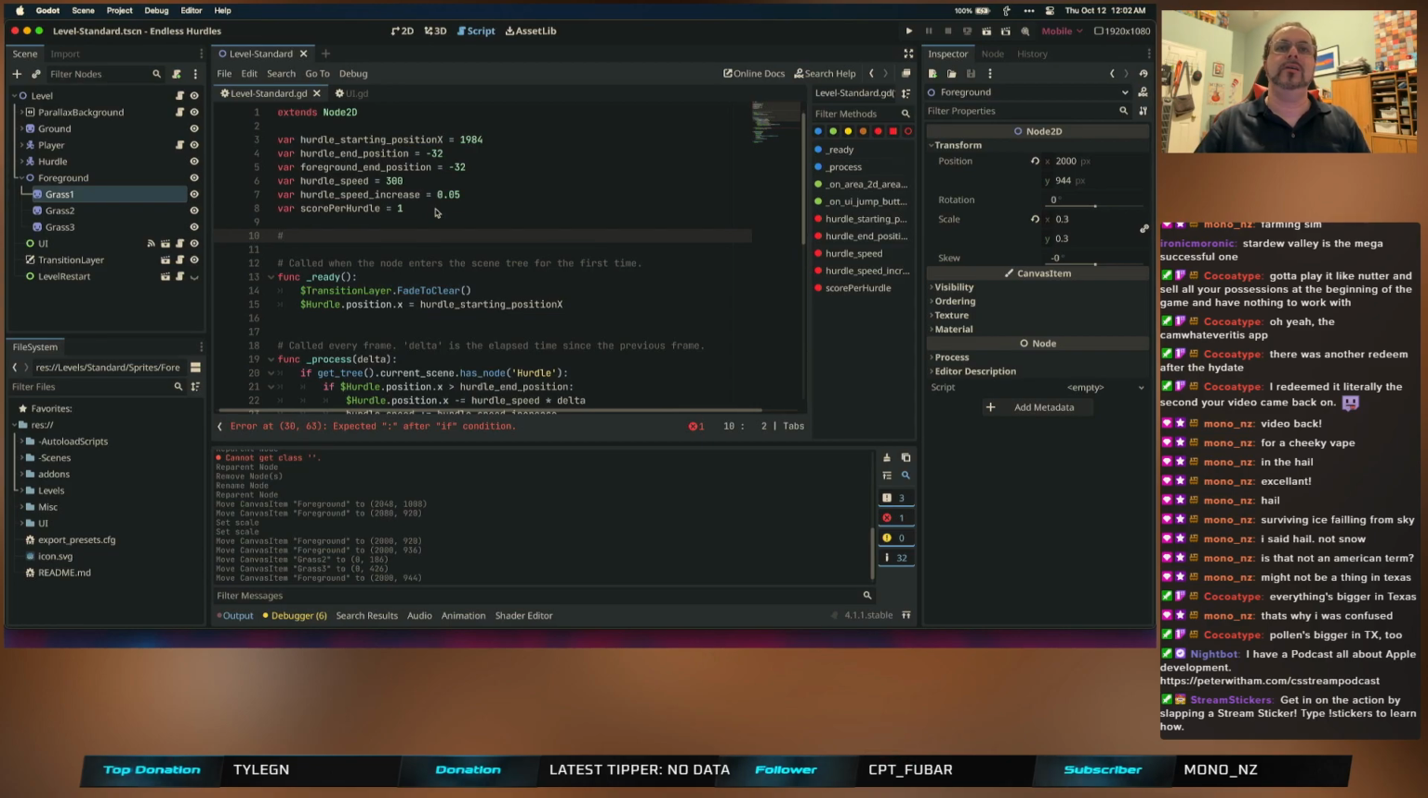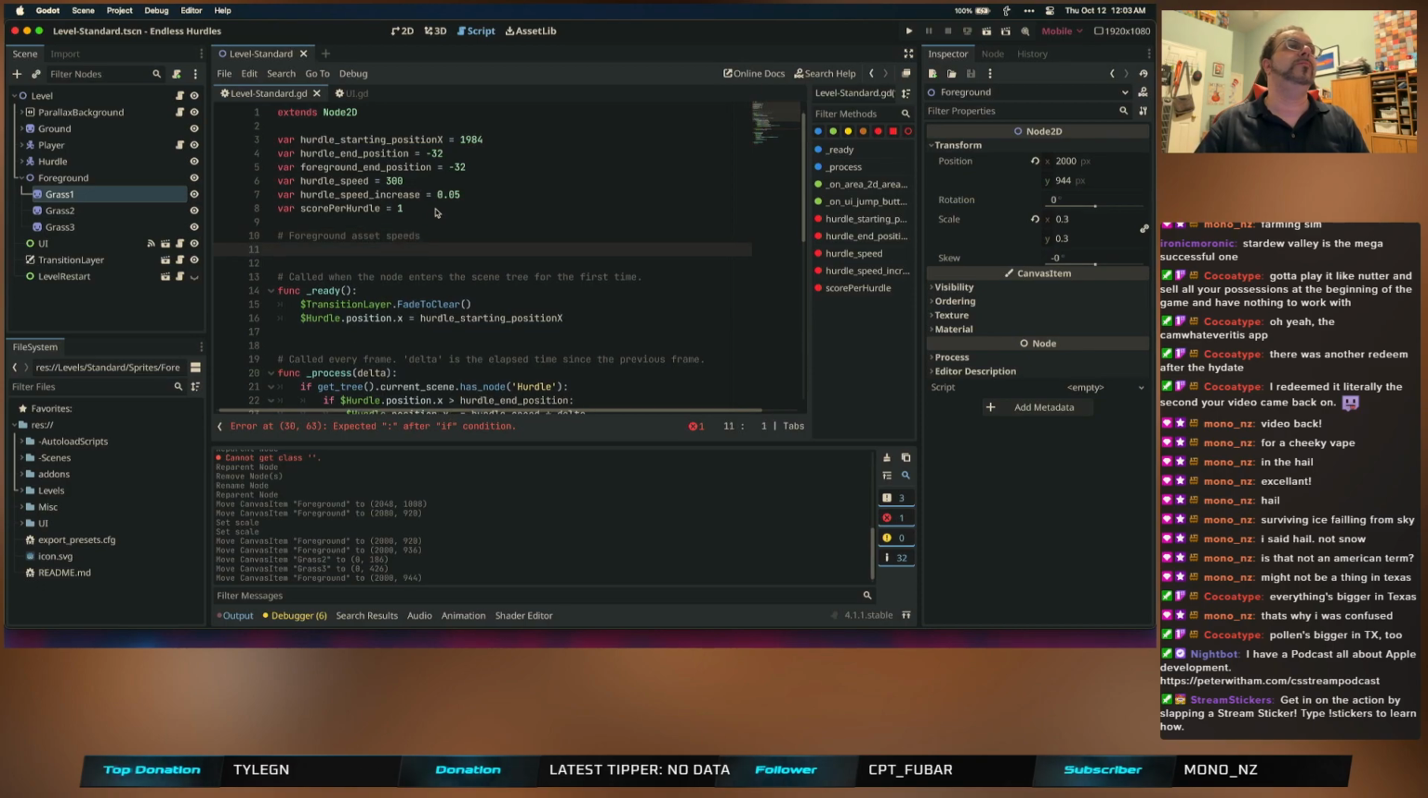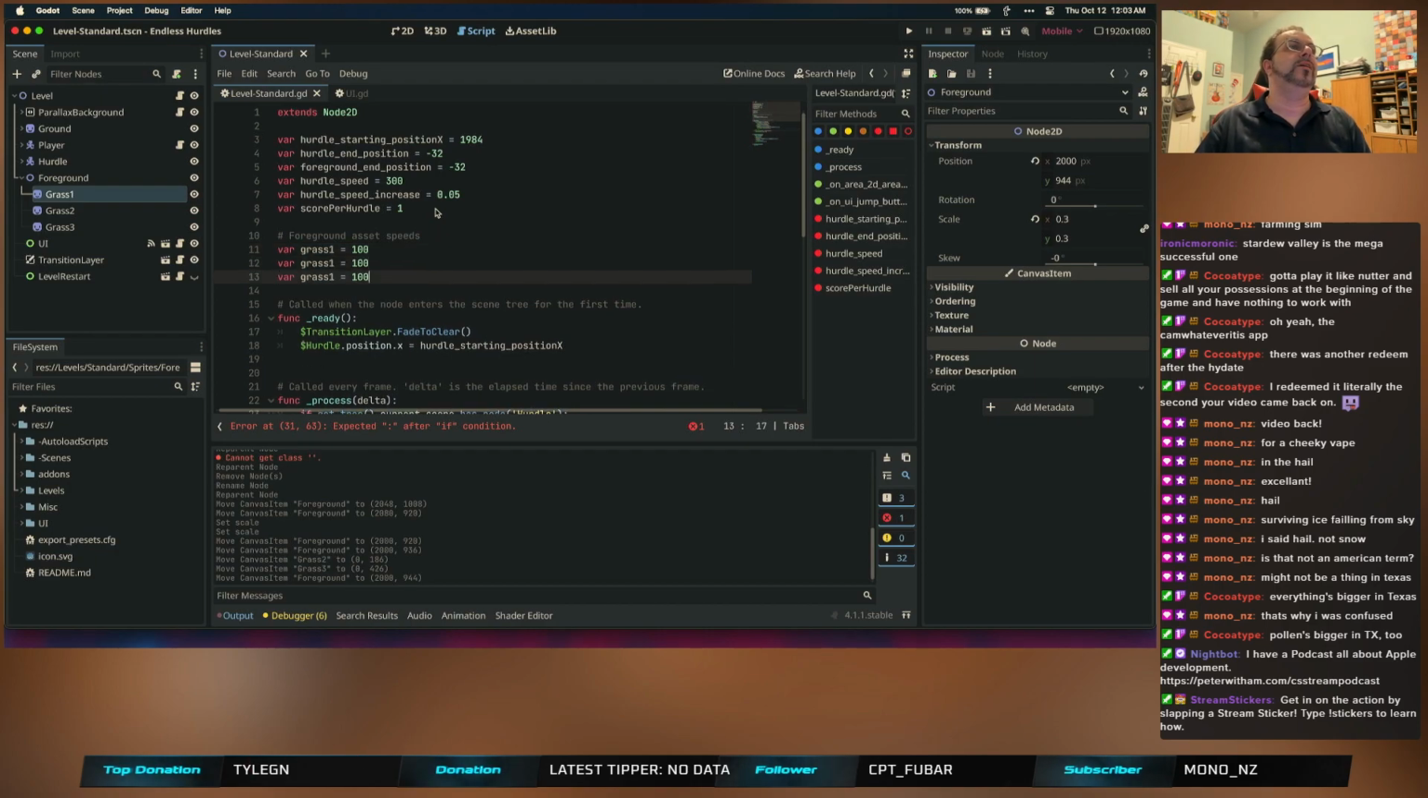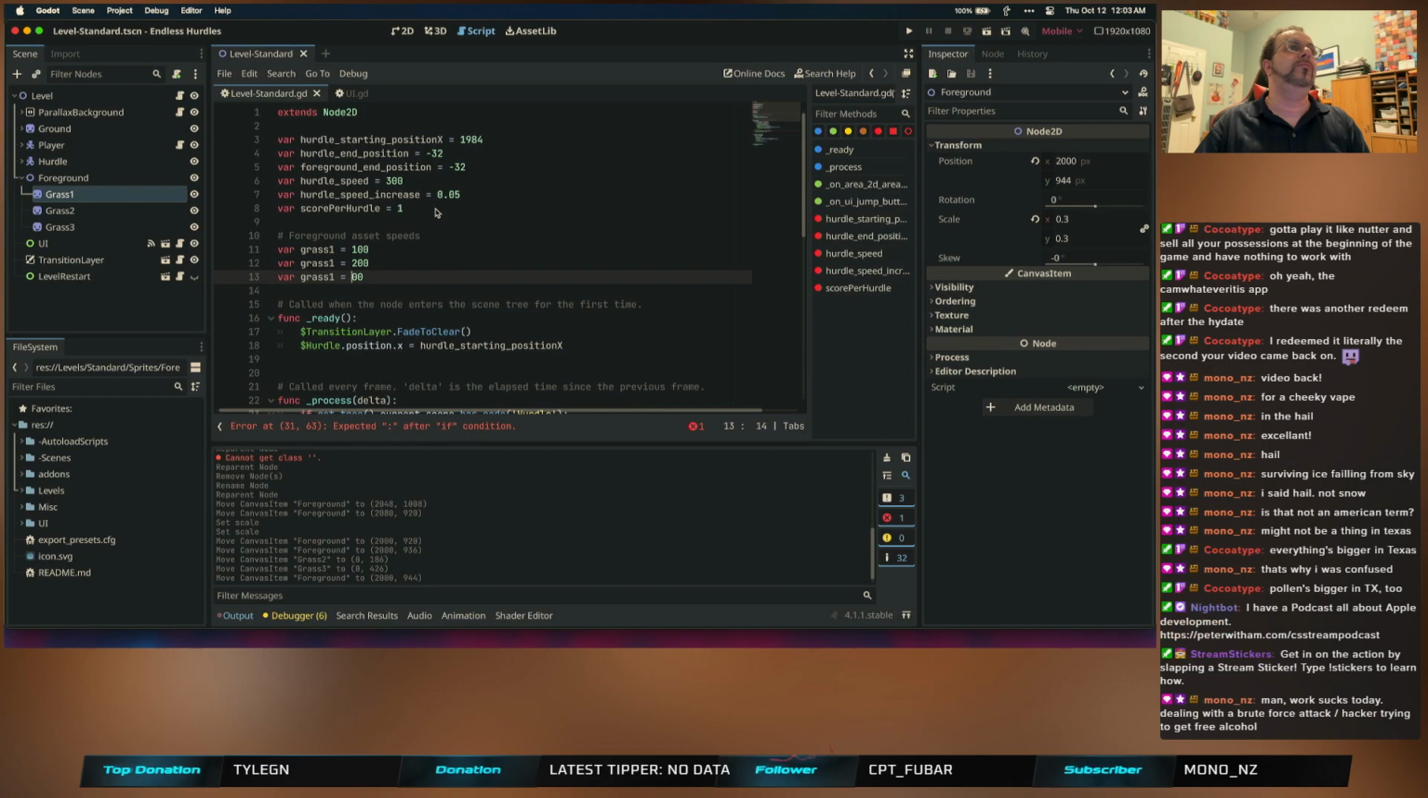So we're going to say foreground asset speeds. So we'll just say grass 1 equals, this is going to be the one furthest away. Let's start with, pick a number. All right, we'll just do this in hundreds, right? We'll be able to see that. So 200, 300 is going to be,